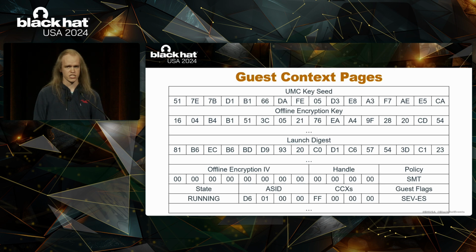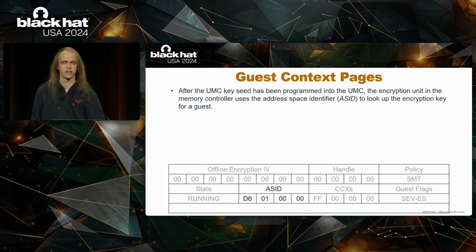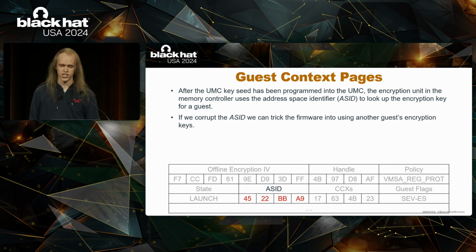So we actually need to take a look at some of the other fields. And one of the fields that's really interesting is the so-called address space identifier. After the UMC key seed has been programmed into the unified memory controllers, each of the VMs is associated with an encryption key using the so-called address space identifier. And what's interesting is that if we can corrupt the guest context page, and in particular, if we can corrupt the address space identifier, we can potentially trick the firmware and the memory controllers into using the encryption keys of